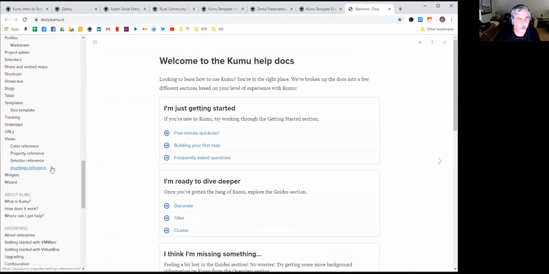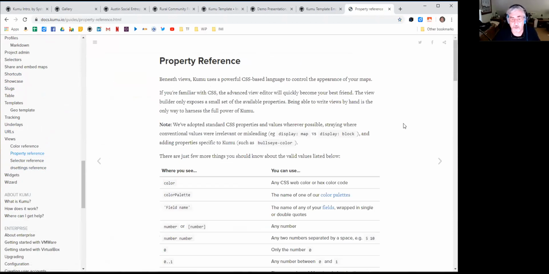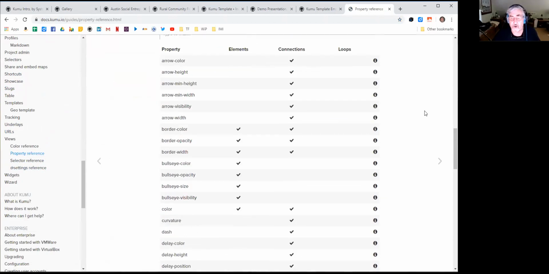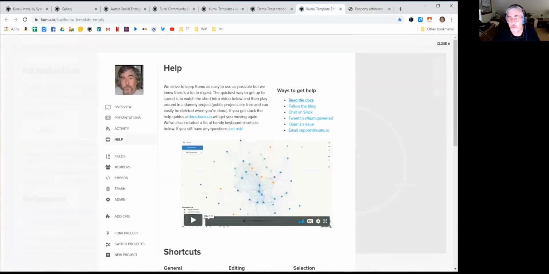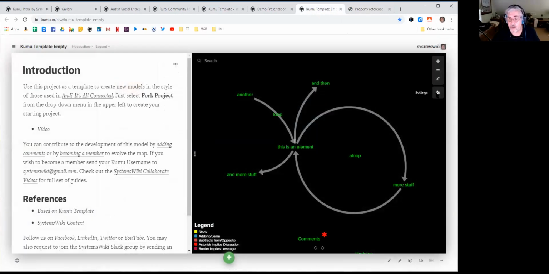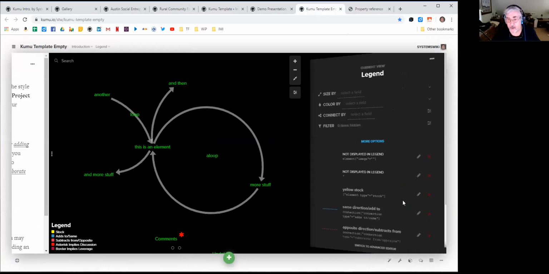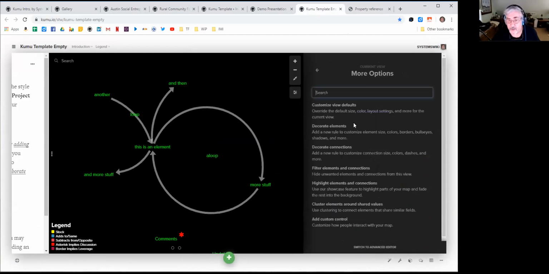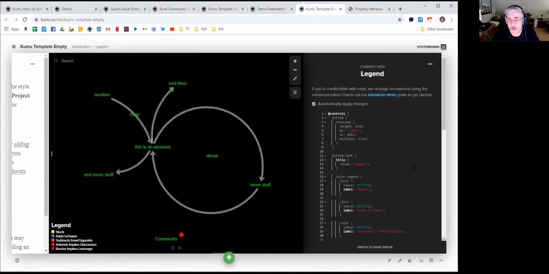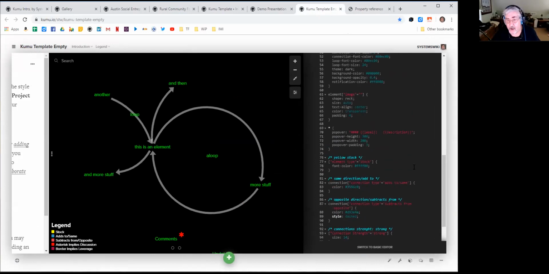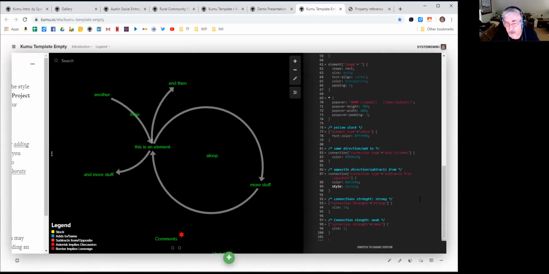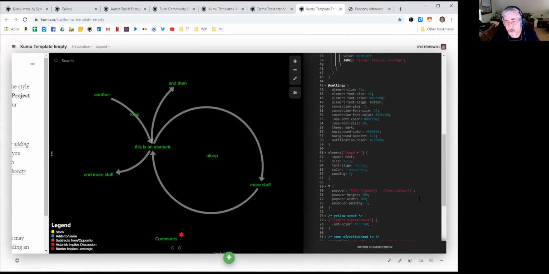So here is the place that people get themselves in trouble, and that is doing decorations. So I said you can come here and you can go over here, and even in the basic editor, people use the basic editor to decorate elements and connections and create filters and create highlights, and they do that on an ongoing basis for a few weeks, and then they go and look at the advanced editor and they start writing their own code. And after you look at the way the code is written, it becomes rather obvious in a short period of time